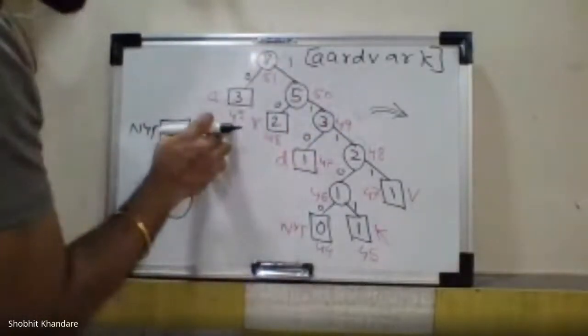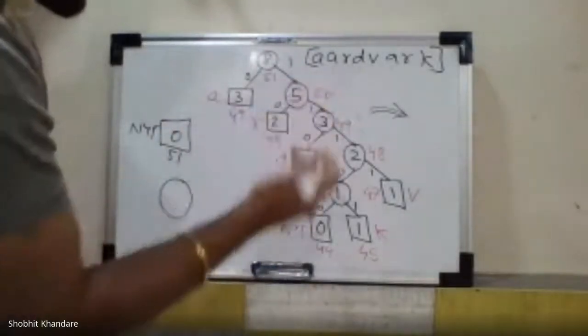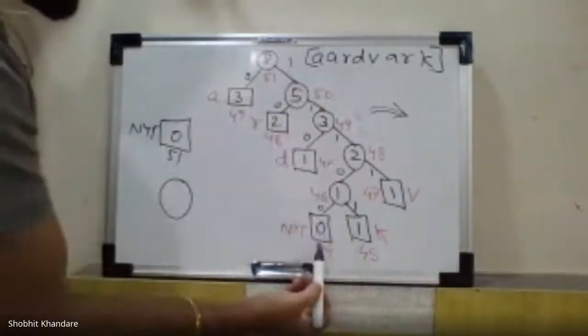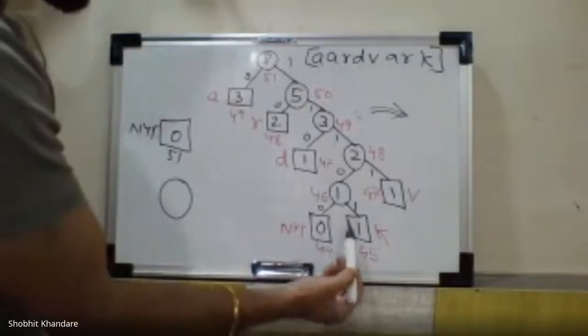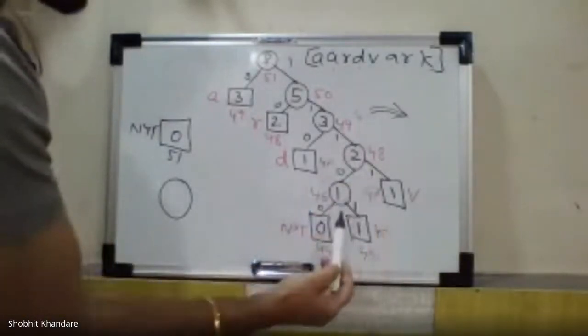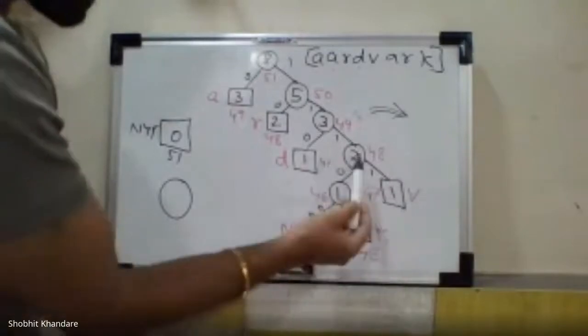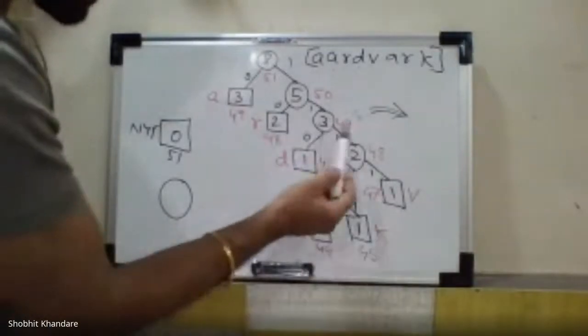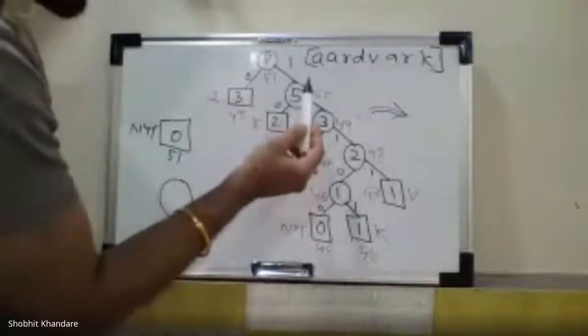The value should be less as compared to the right hand side. So if I'm seeing at the bottom, we'll cross check. 0 less than 1, okay. 1 equals to 1, okay. I told you it should be less or equal to. So 1 is equal to 1, it's okay. 1 is less than 2, it's okay. 2 is less than 3, it's okay. 3 less than 5, it's okay. Okay. Then